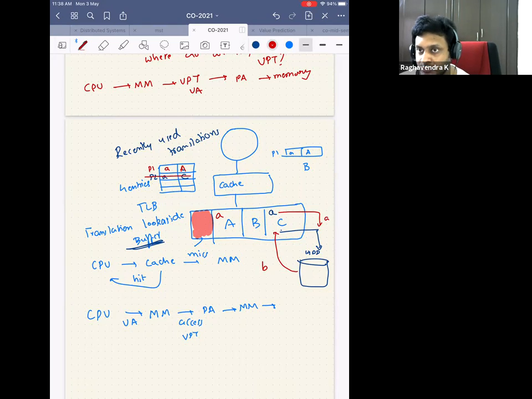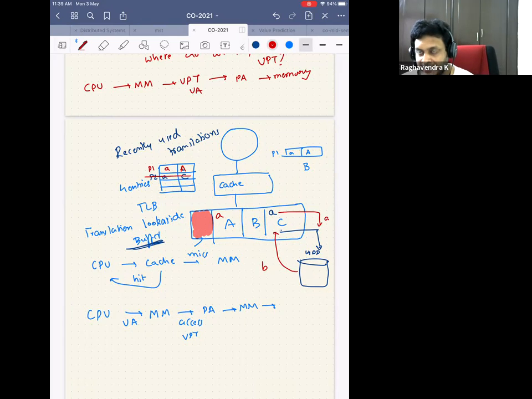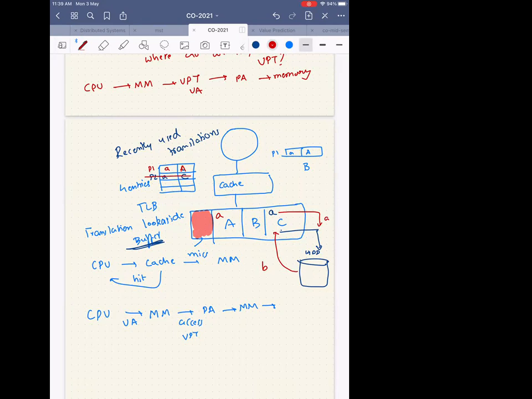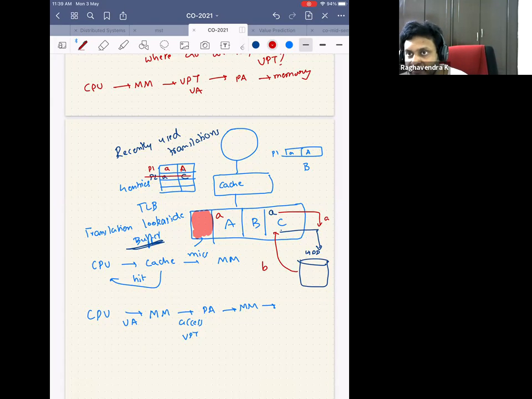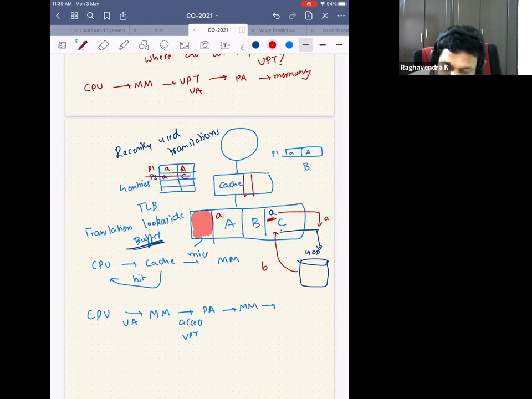And I cannot just flush out. I have to send a signal back to the upper levels of the hierarchy saying, do you have any dirty blocks? If you have dirty blocks, please write it to the main memory. Because I have to update the value from the main memory to the hard disk, and I cannot just write some junk. Because it might have a block here which belongs to this particular small a,